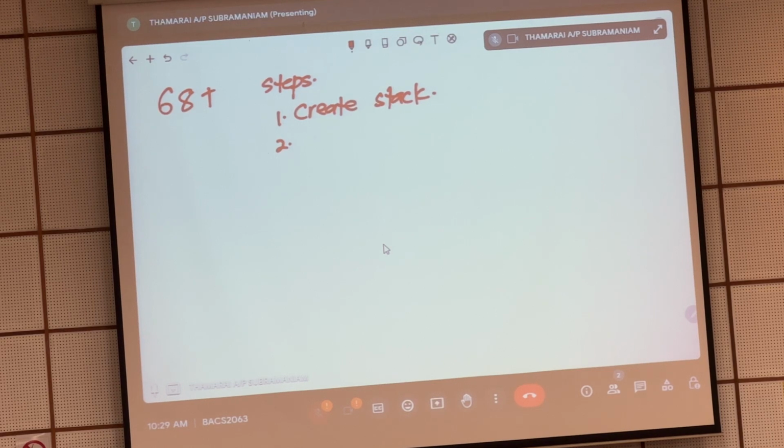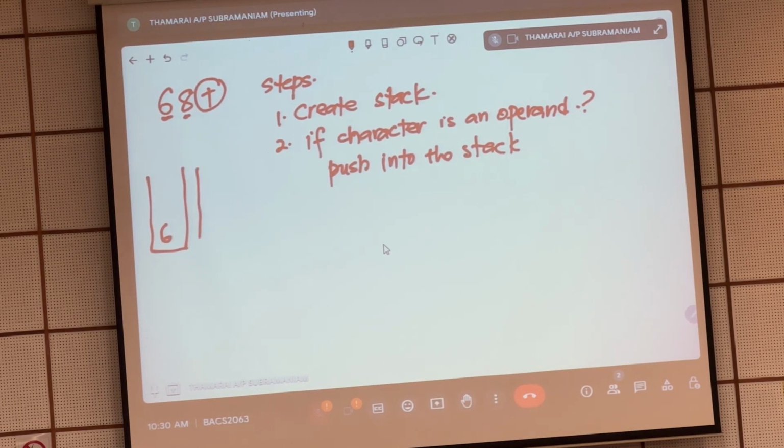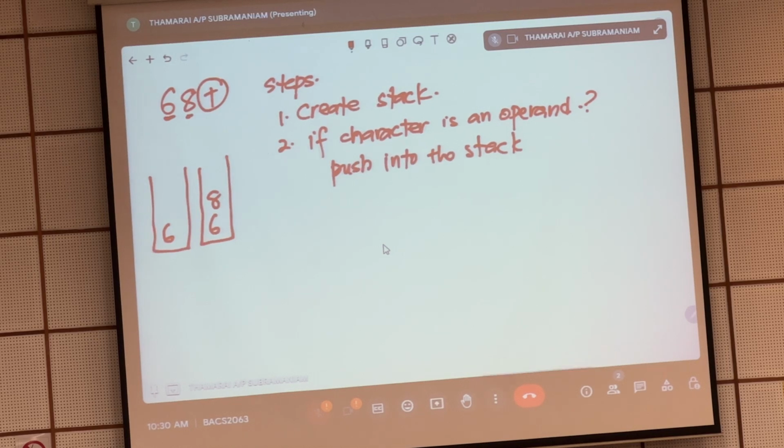Second, of course we traverse it. If the character is an operand, what are we going to do? This is an operand, this is an operand, this is an operator. If it's an operand, we're going to push it into the stack. You can draw it: 6, push it in, then 6 and 8. If it is an operator, what do we do? Pop